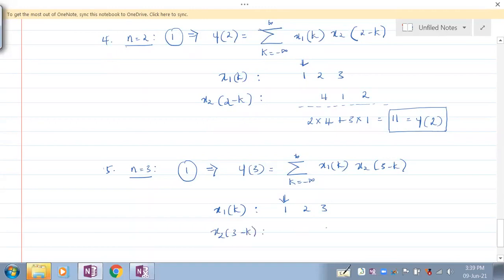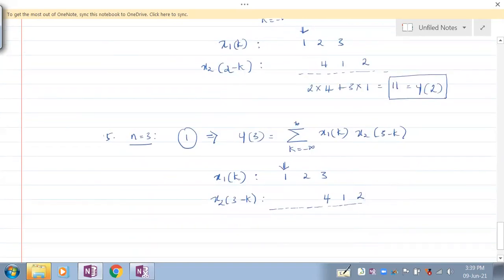Fine. So let's push this further to get this. So you do not have to check x2 of 3 minus k again. Just if you see this previous sequence 2 minus k, you'll understand. So this is one step further. So the last person now is handshaking with the last person here.